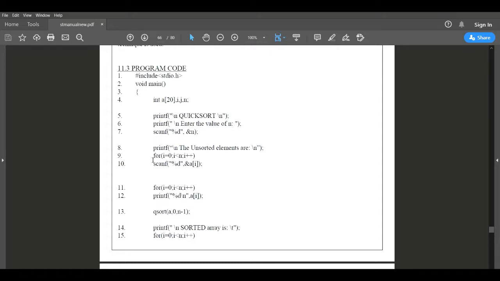I'll repeat: in the binary search program there is no function which we have written outside the main program, and in the absolute letter grading procedure also we have not written any functions outside the main function. But in the case of the quicksort algorithm we are writing two functions outside the main program.